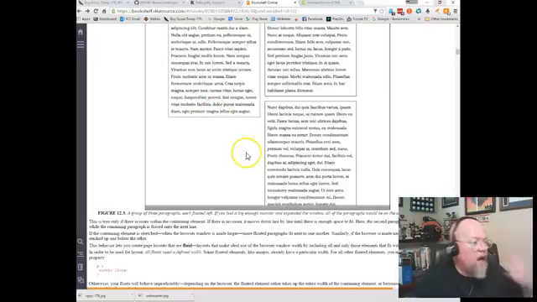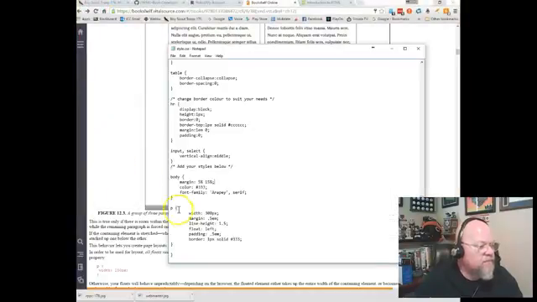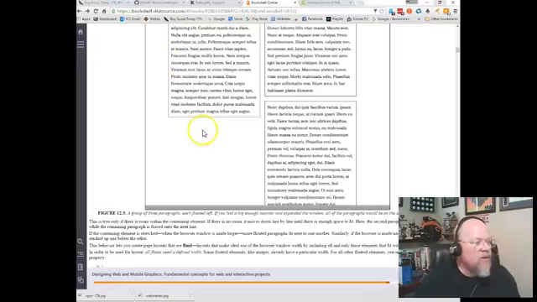Anyway, so if we take a look at the style, there we can see we've got a width of 300 pixels, a margin of 0.5 ems, a line height of 1.5. We have a float left, padding of 0.5, and then a border of 1 pixel solid #333, which is probably a dark gray. So we look at this,